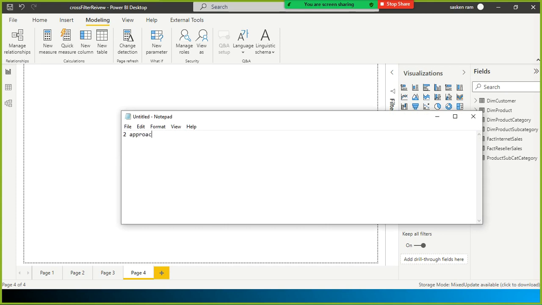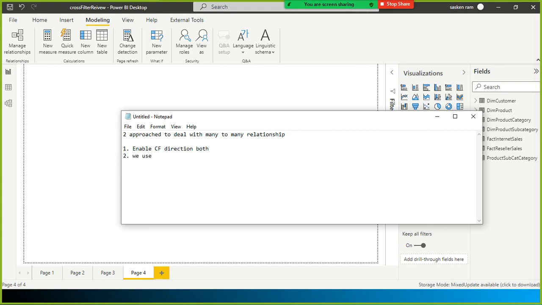The one is we enable the cross filter direction to both.